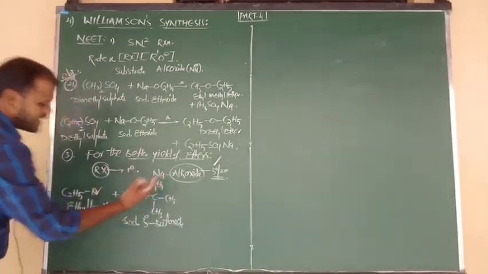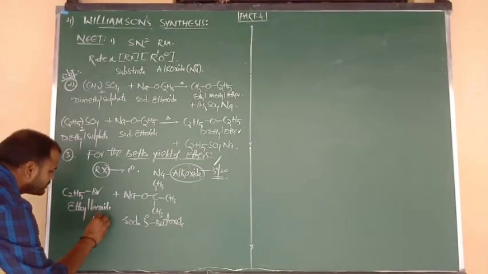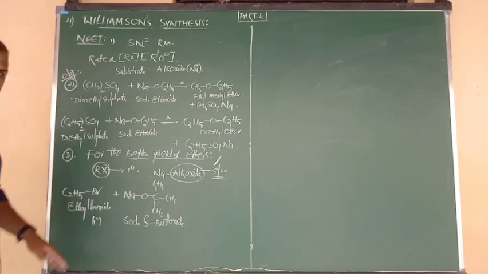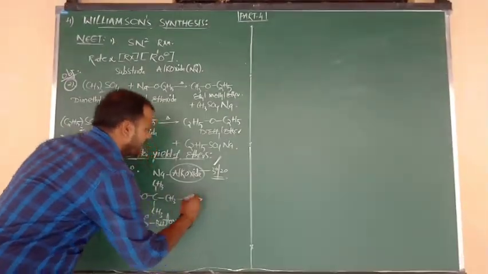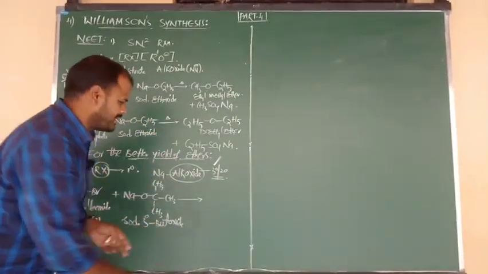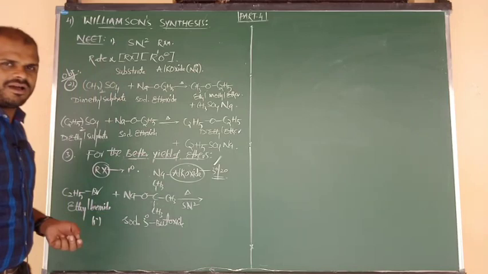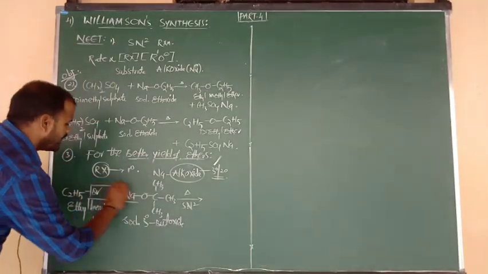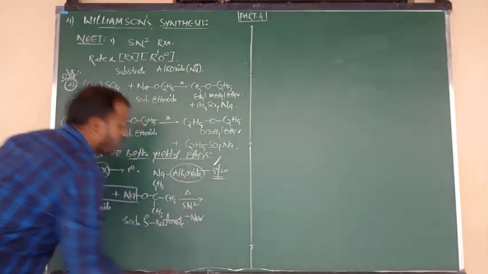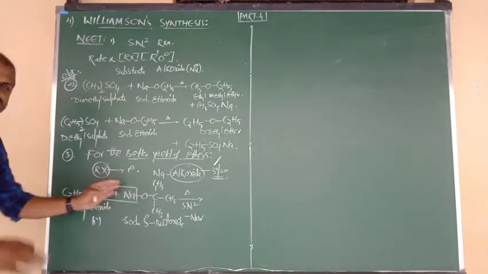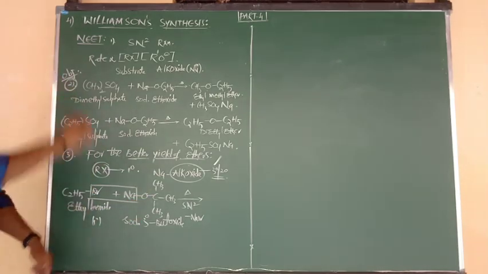Sodium tertiary butoxide. So the alkoxide ion is tertiary and the alkyl halide is primary. Primary alkyl halide, nothing but ethyl bromide, reacts with sodium tertiary butoxide. It follows Williamson ether synthesis, upon heating, and the mechanism is SN2. Na plus combines with Br minus and is removed in the form of NaBr. The byproduct is done. The remaining step is nucleophilic substitution: Br minus is replaced by the tertiary butoxy ion.